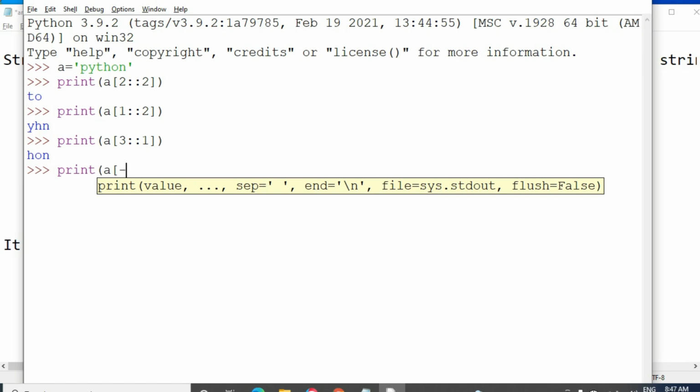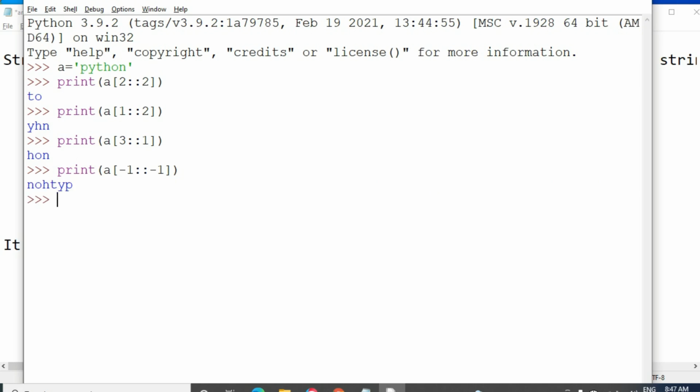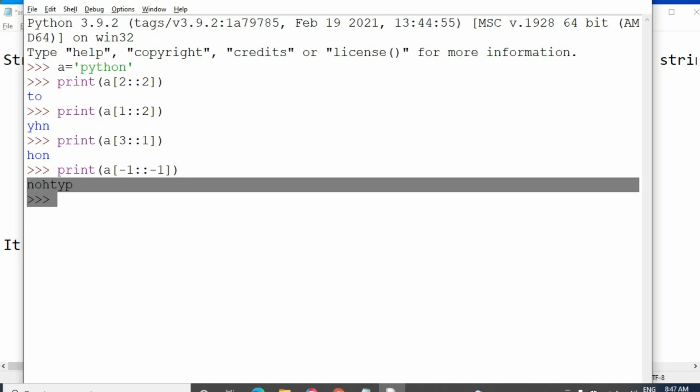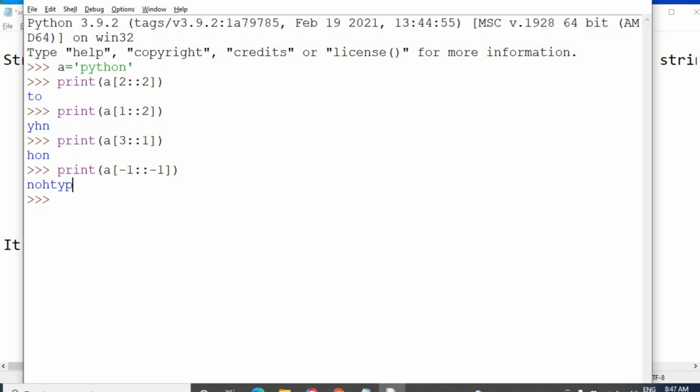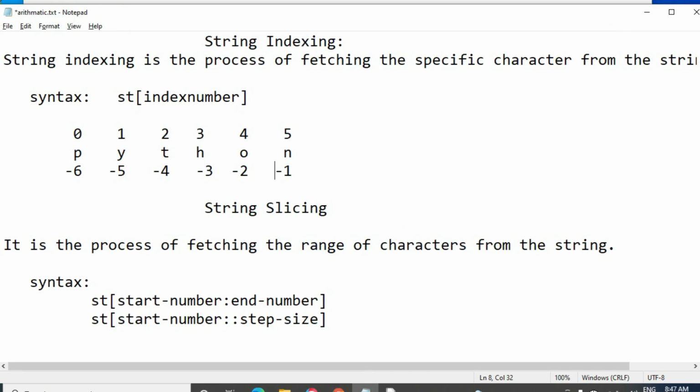And A of colon colon minus 1. See, this is a very important thing in string slicing. By using double colon minus 1, we can reverse a particular string. This is a simple way to reverse a string.